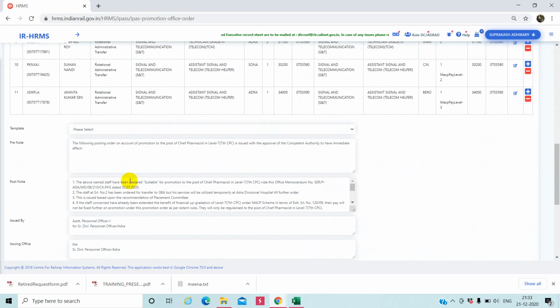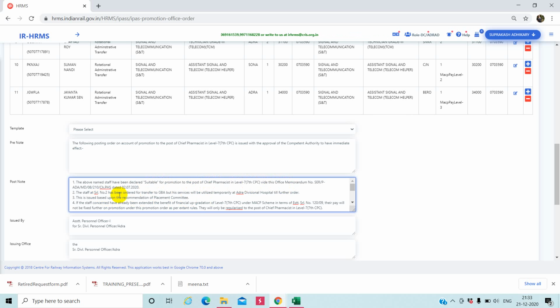A template you may select, or the following post note: the following posting order on account of promotion to the post of chief pharmacist in level 7 is issued with the approval of the competent authority to have immediate effect. Post note, that is, the above named staff has been declared suitable for promotion to chief pharmacist in level 7.